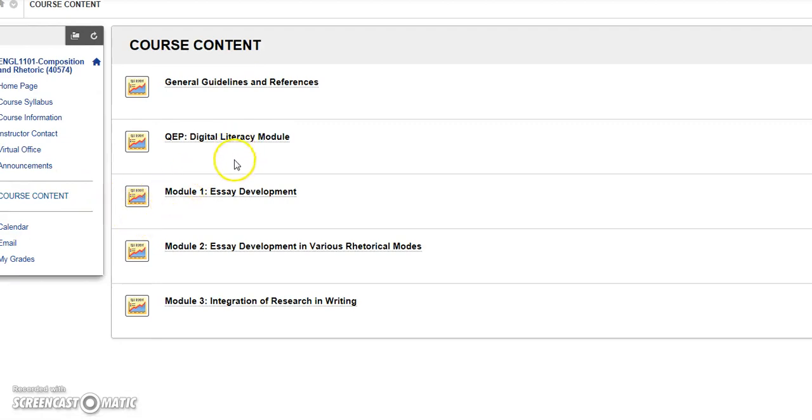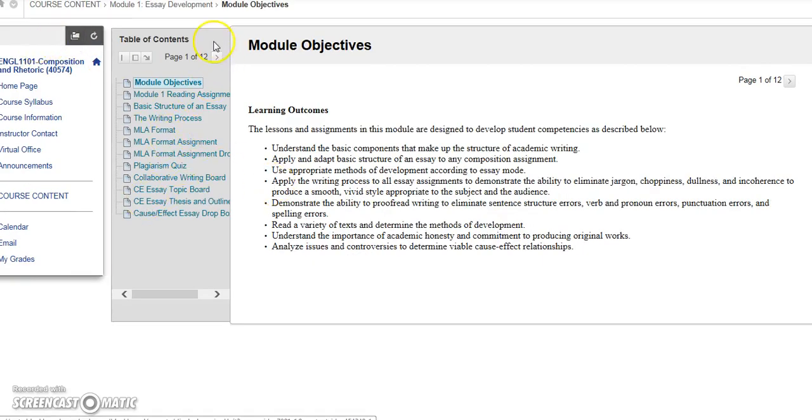And then we're just going to proceed in order from module 1 all the way to module 3. In each module you have a table of contents here, and this is by no means exhaustive, so I will continue to post more materials as the semester progresses, and each and every time I do so, of course, I will announce it either in class or online if we don't meet in class. Okay, so at some point the table of contents can get longer than this, right? And it can get overwhelming, but what you need to do is